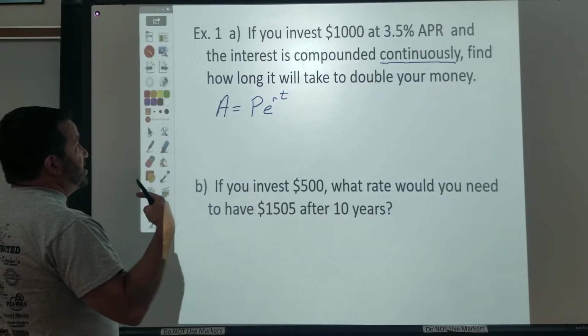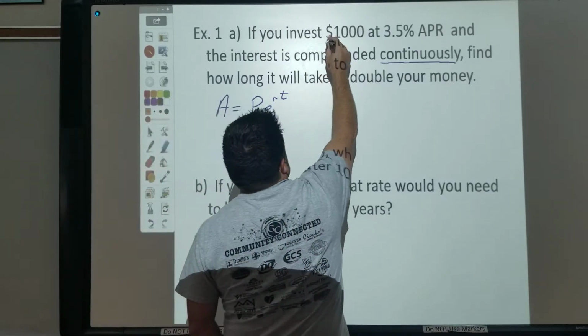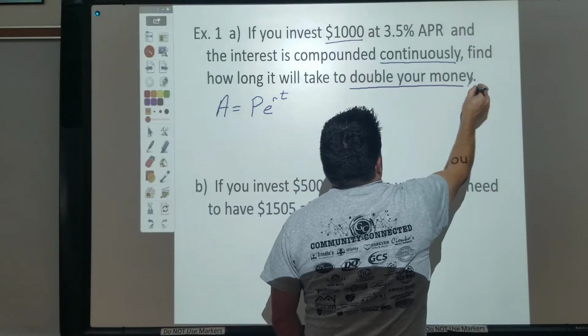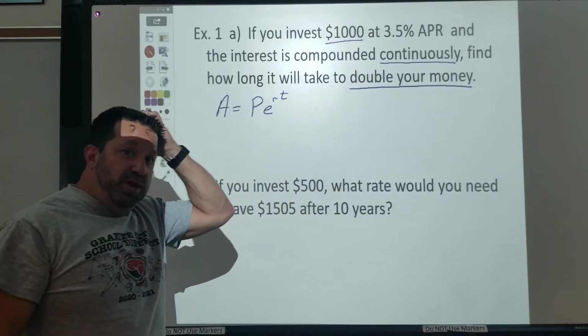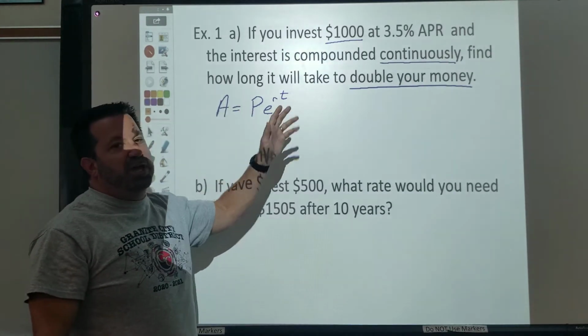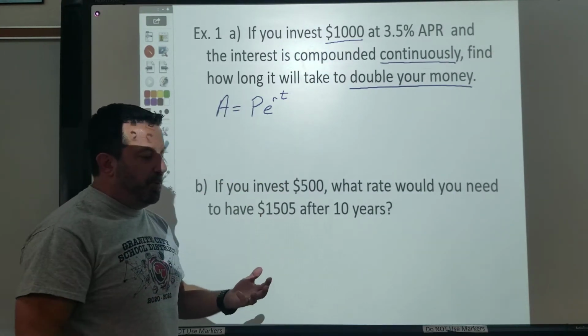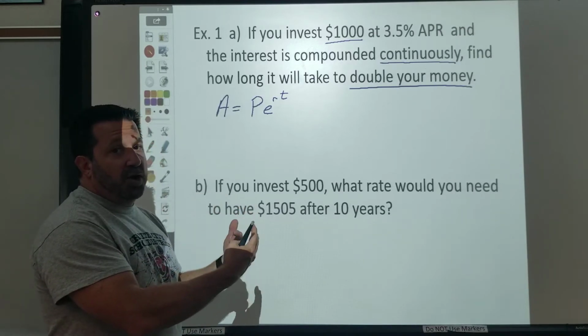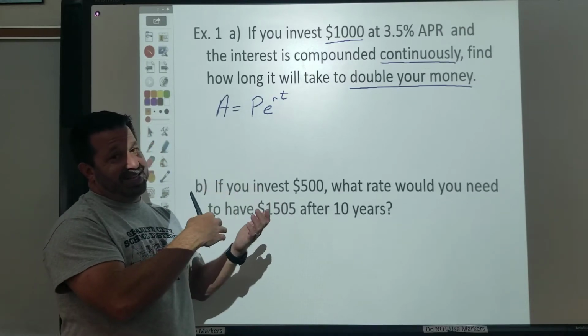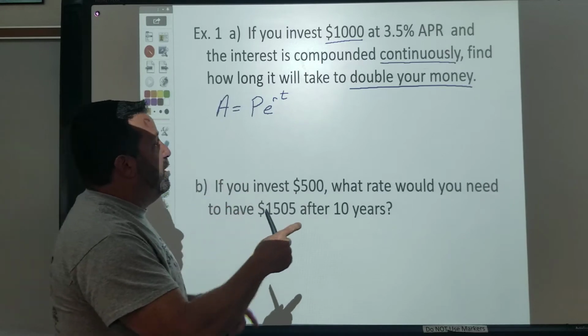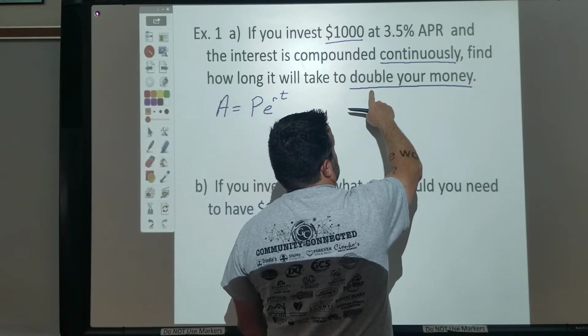Now, in this case, they actually tell me how much I invest. And it wants me to double my money. Now, I'm going to show you that it doesn't really matter if they don't give you an initial amount and they want you to double your money, triple your money, quadruple your money. You can start with a number in there, or you can actually go to the second step that I'm going to show you right off the bat by knowing what you want to do with your money, double, triple, quadruple,